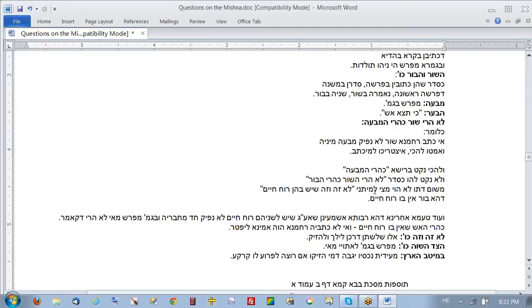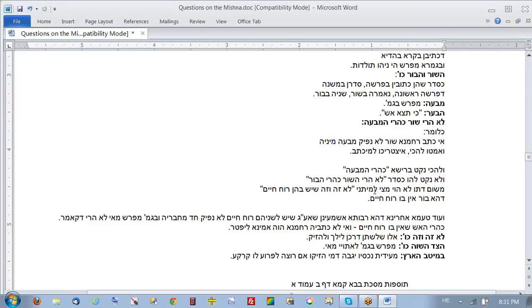Well, first of all, you couldn't have even said lo zev v'zeh because bor is not zeh. It doesn't have ruach chaim. So to make a distinction between bor and mava and compare it to aish, we would never say that there's a common quality of both of them not having ruach chaim. Right. So we would lose that factor. Right now we're gaining a factor by saying lo hari ashur kahari mava. We're gaining another factor called ruach chaim. If we jump immediately to bor, then we're going to lose that factor.